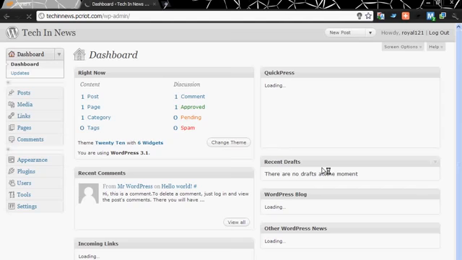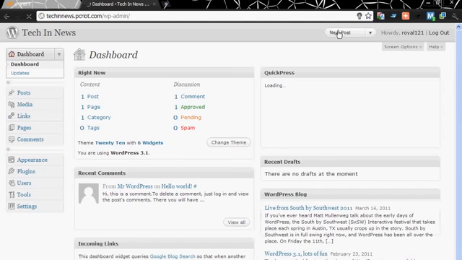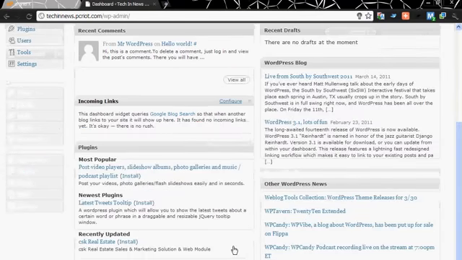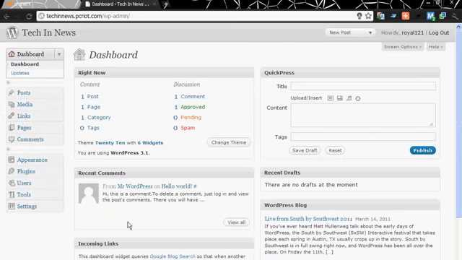The main thing is that the dashboard is exactly a clone of the WordPress.com dashboard. So now you can make your own blog with free web hosting for unlimited time, and you have successfully installed WordPress.org software.